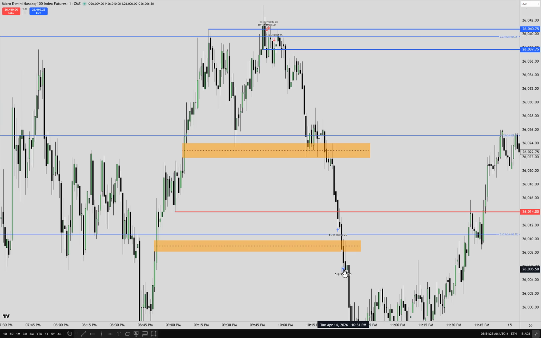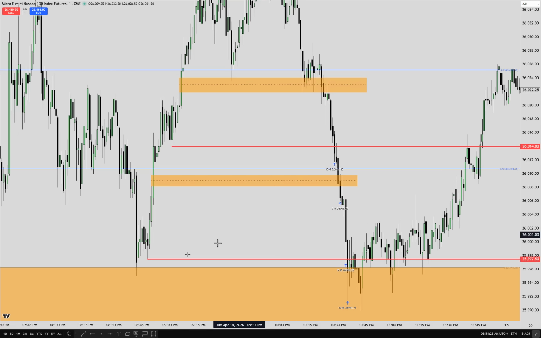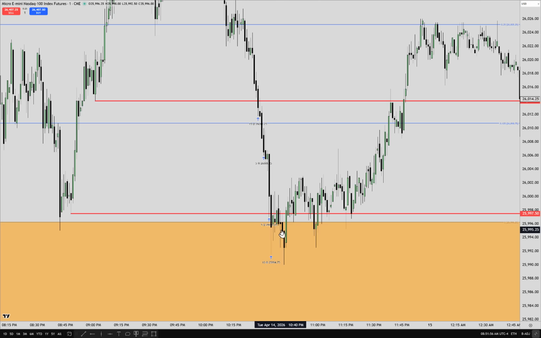And then I had this low annotated. And you can see we're getting close to it there. I took a partial. And then finally, the limit order closes out right here below that low there, and in close proximity to what would be the liquidity below that low there. And then we traded down into that fair value gap on the daily chart, which became a bullish reclaimed fair value gap. And then we started seeing the market rally up and started using that same lower quadrant level, which is probably